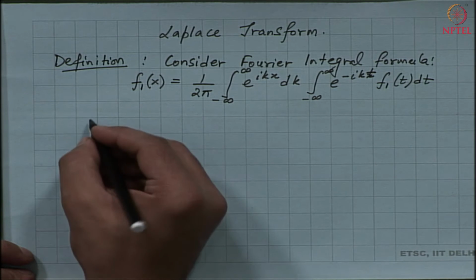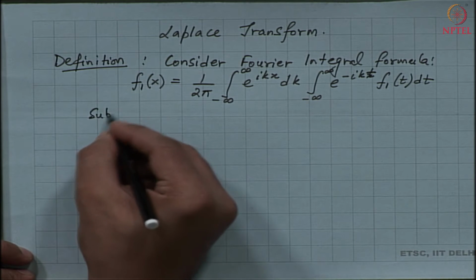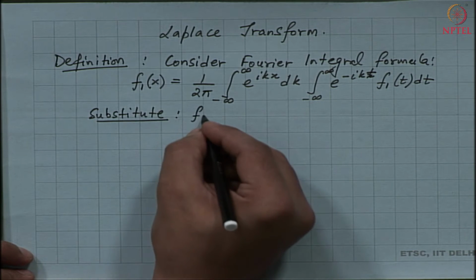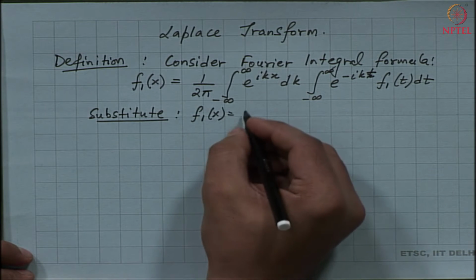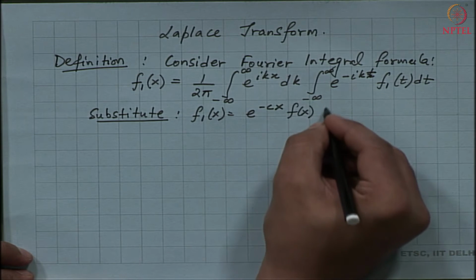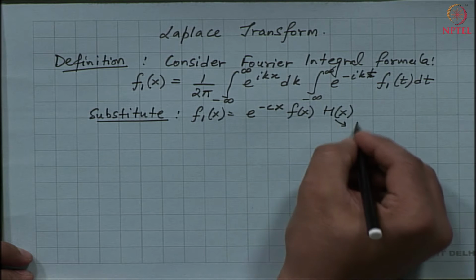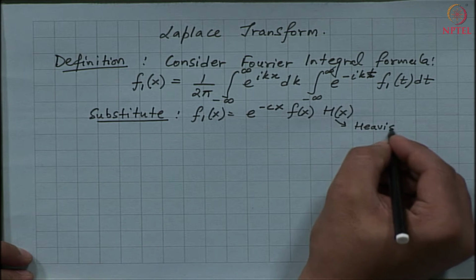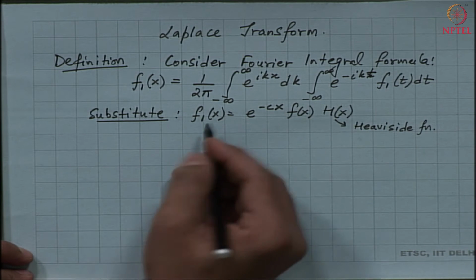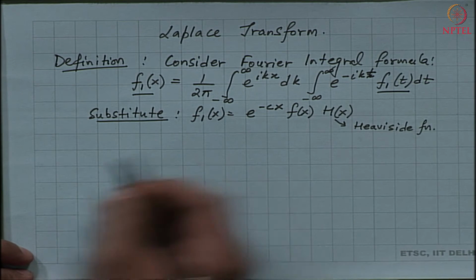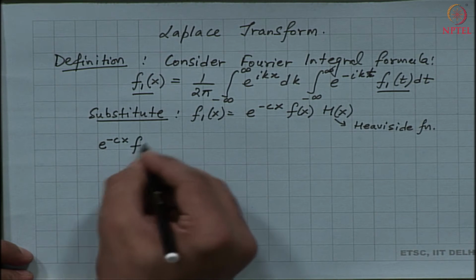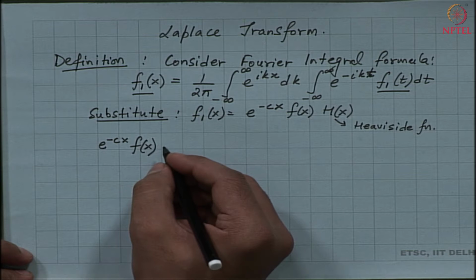Now, let us look at a particular situation where I substitute f1 of x to be equal to e to the power negative c x, f of x, H of x, where H of x is my regular Heaviside function. Okay. So, when I do that, I substitute here and here, and I get the following expression: e to the power negative c x f of x equals,